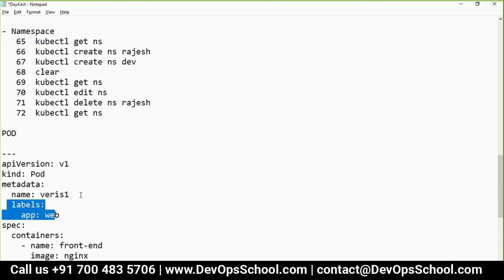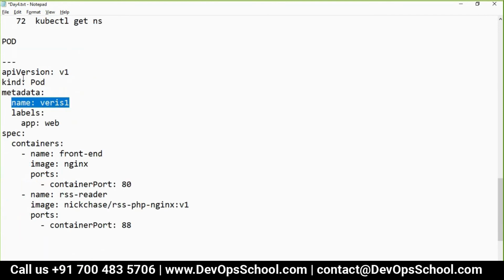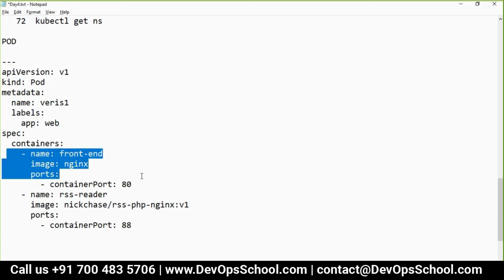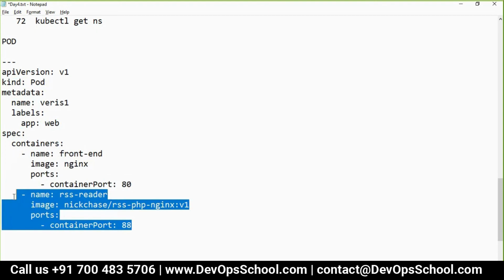Label, name is unique as per the namespace. Pod has a specification, which is a container spec. One container, two containers. Okay guys, are you getting my point?